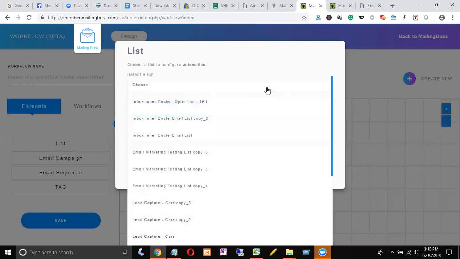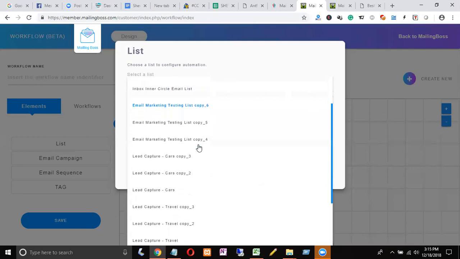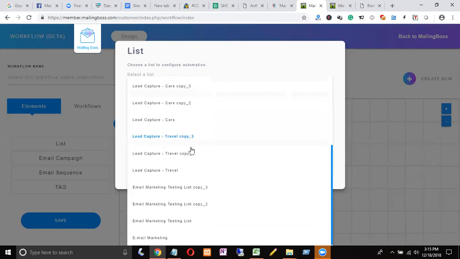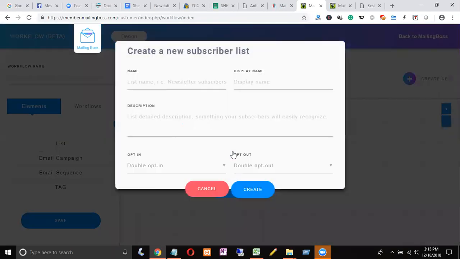Now what you're doing is list. So let's say I'm creating a list of lead capture travel. Rather than making you confused, let me create a new list here. I'll create the new list within this particular section. Create new list, list name,